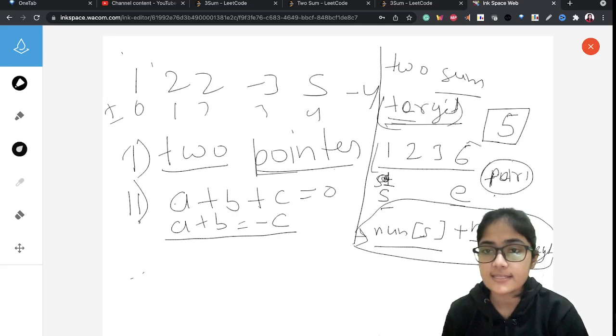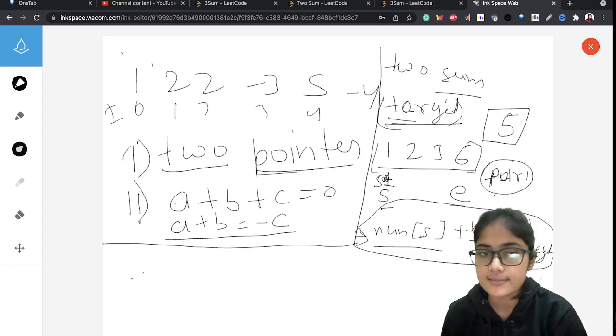So in that case, we can simply analyze one concept, or one logic. Simply see this logic here: what happens if the sum is greater than target?